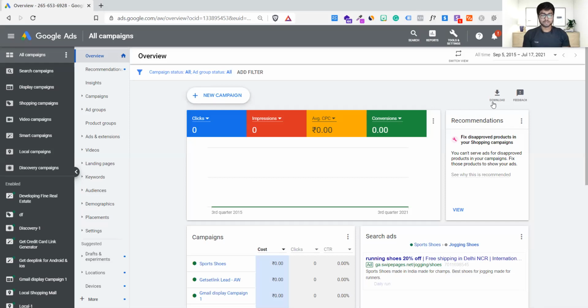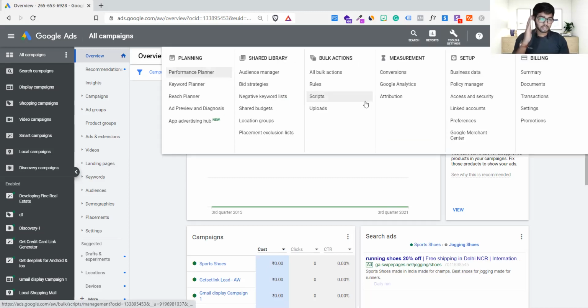So again, a new session on Google Ads, and in today's session we are going to cover very advanced stuff which we use in expert mode. So we have seen how to handle rules. Rules are basically a set of instructions you give to Google Ads that whenever my cost per lead is going high, pause the leads, and whenever I want to stop the keywords which are not performing, stop them. That we have covered under rules, if you remember, guys.